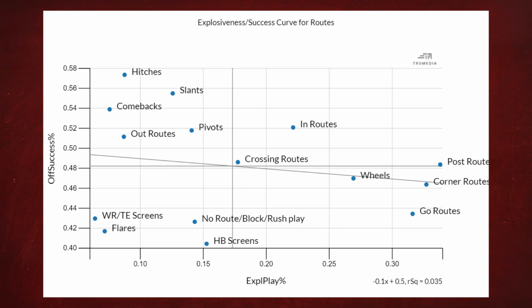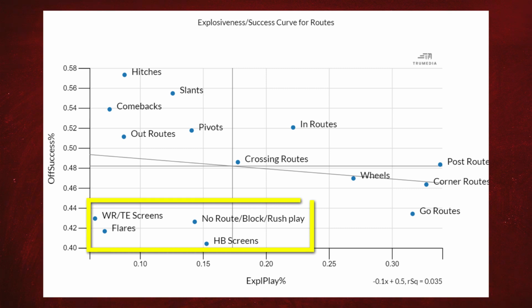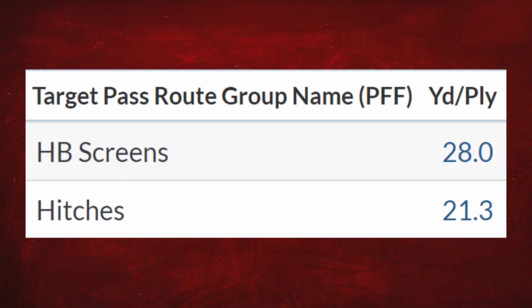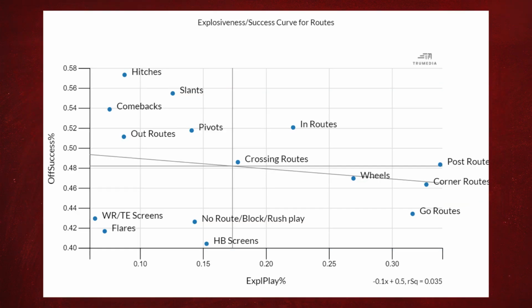Most throws behind the line of scrimmage tend to be pretty mediocre in both explosiveness and success rate, but that doesn't mean that they're always bad plays. These kinds of screens often go for a lot of yards when they do hit. An explosive halfback screen, for instance, averages almost 30 yards per completion, where an average explosive hitch is about 20. I like this chart because you can generally get an indication of whether a team is success rate focused or explosiveness focused with a quick look at the graph.